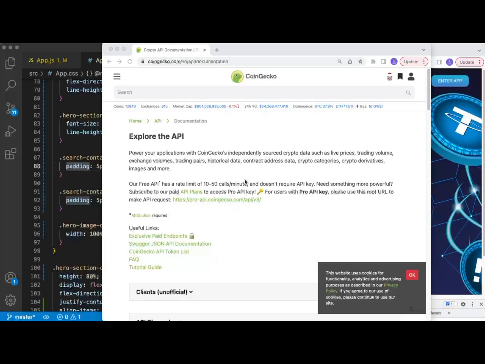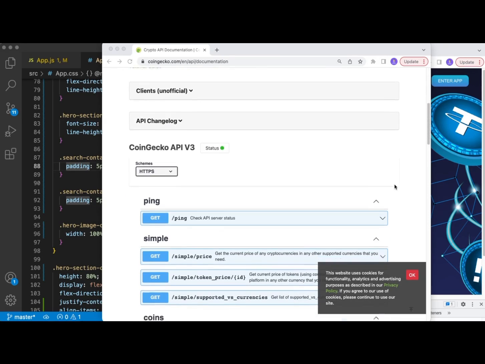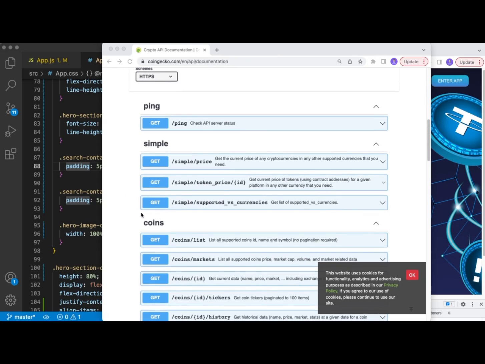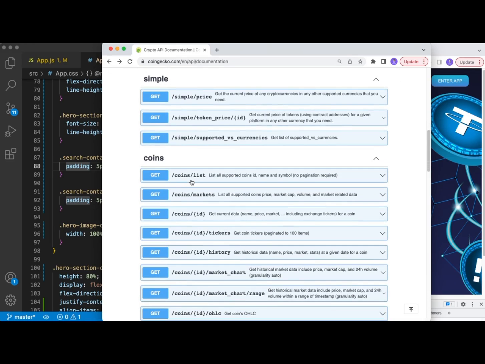Now we'll be fetching data about a few coins and displaying them on our application. For that we'll use the CoinGecko API, which is free up to a certain rate limit, but in this case we should be able to use it for free. And this is their API documentation. As you can see, they have different kinds of data that they return regarding coins. First, we will look at the list, pick 2 coins from there, and then we'll use this endpoint to get information about the coin using the ID,